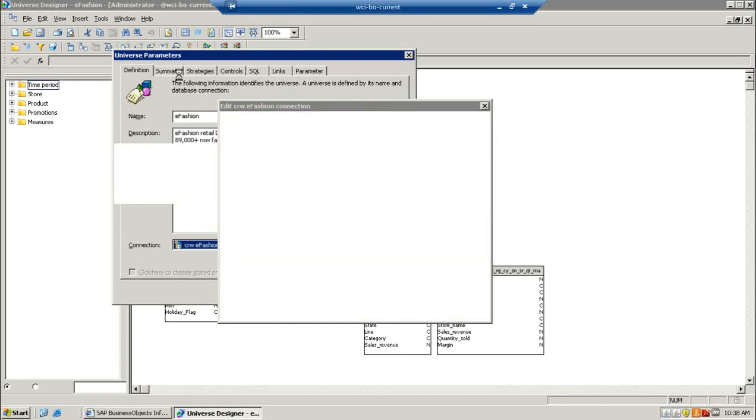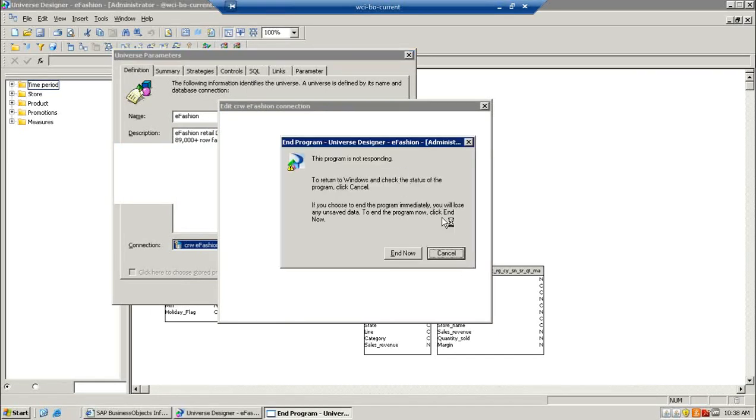Okay, so what I'm going to show you now is one of the tips and tricks regarding universe parameters. If you have a user that's building a universe, one of the nice things you can do is provide some sort of controls around that. One of the things you should do is,